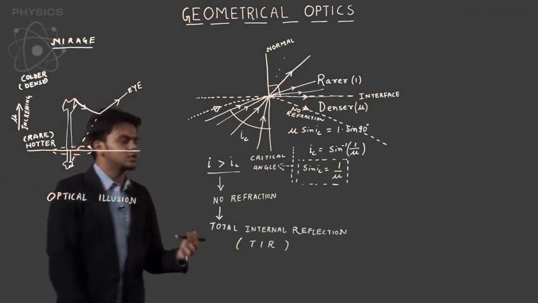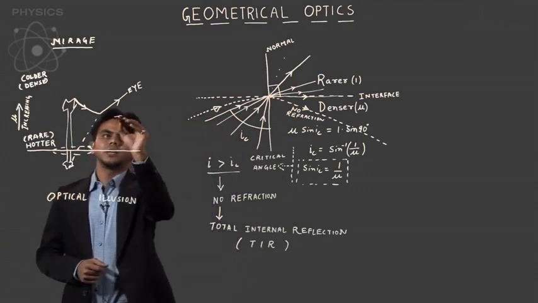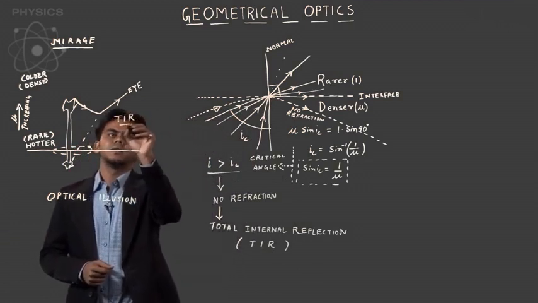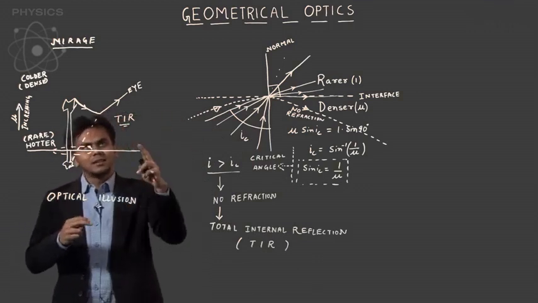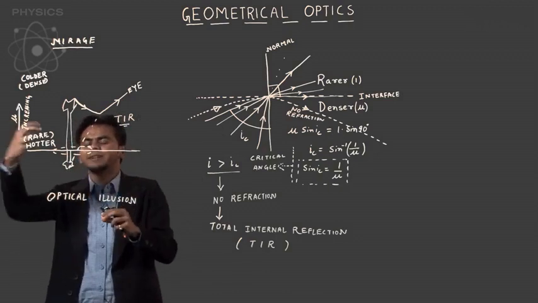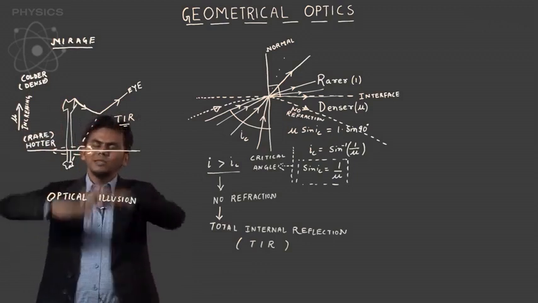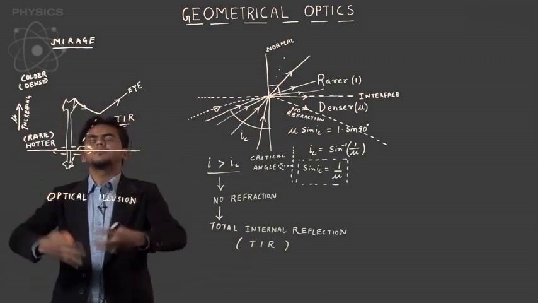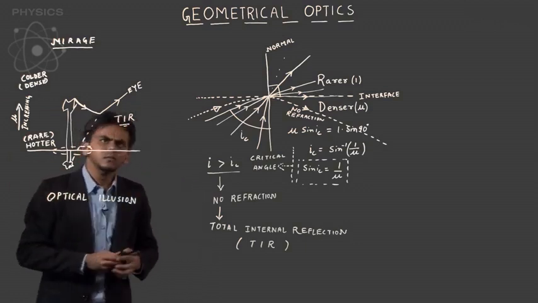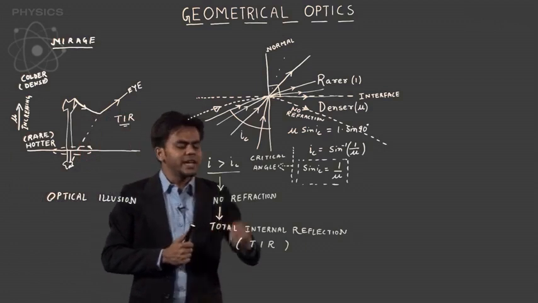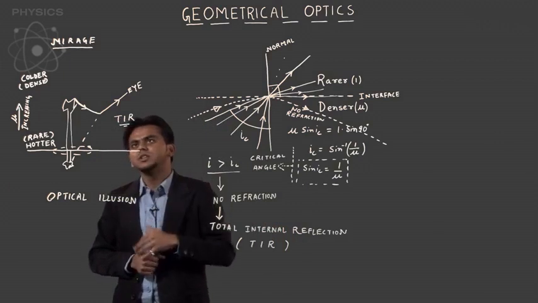And it is a combination of a multitude of things. First is your total internal reflection. Second is the faulty image processing inside your eye. And the other factors of hotness decide the optical density of the air. So all these things decide that I would see an optical illusion as mirage, whatever the pronunciation you follow. Now, this is an application of TIR in atmosphere, or an atmospheric phenomenon known as mirage,